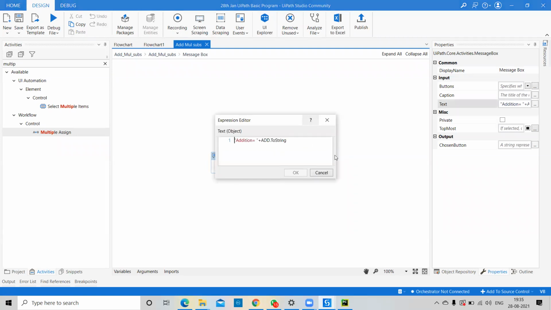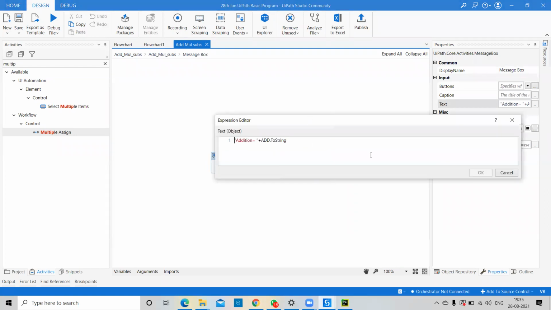Right now what I want to display is addition equal to add plus ToString, and I will copy the same thing. Very simple. And plus again, I want to display multiplication. I'll delete all this and pass multiplication. Try to understand, whatever is written in double quotes will display as hard coded, but here I will give a space. In the space I can pass multiplication equal to, and here I will change the variable.